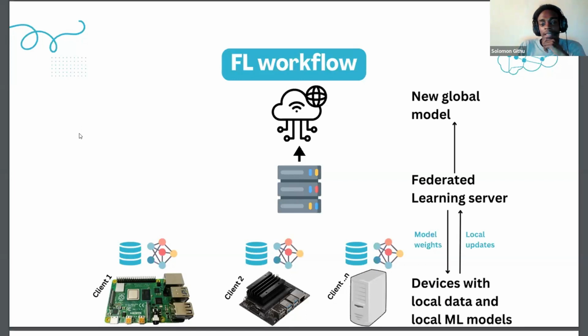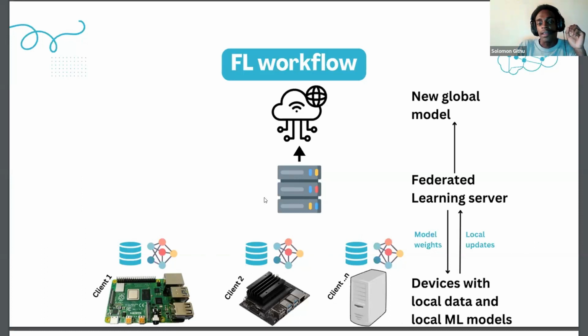So basically, in federated learning, instead of taking the data to the model, we take the model to where the data is. And in this demonstration, we will use one Raspberry Pi, and we will use my personal computer. So we have two devices: the Raspberry Pi, and my computer, which is the other device. They each have their own data that they are storing locally, and each device will train a model.